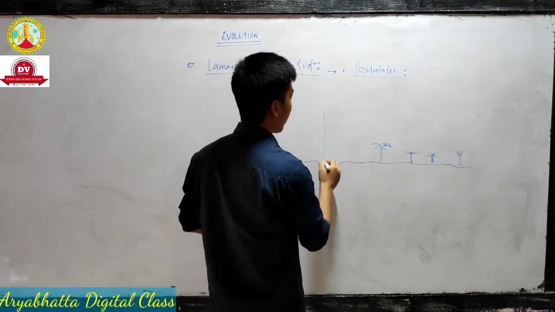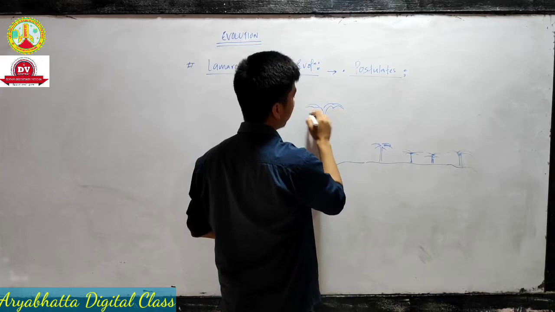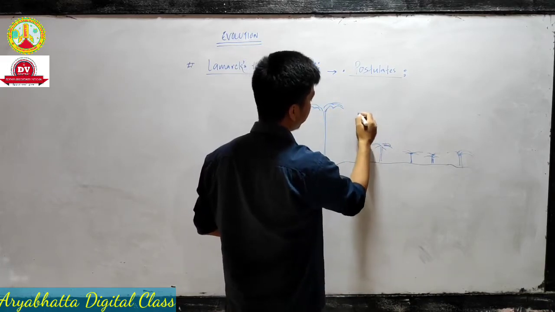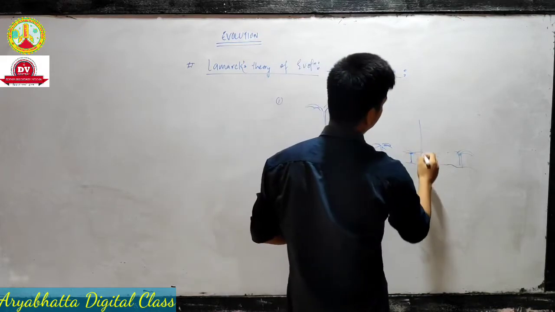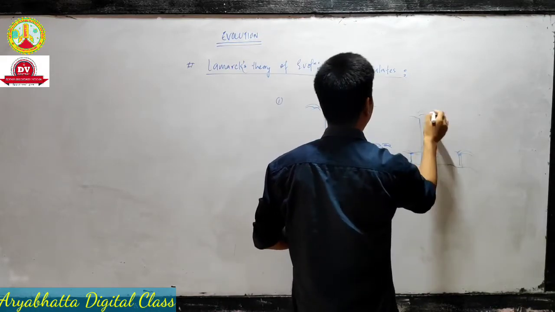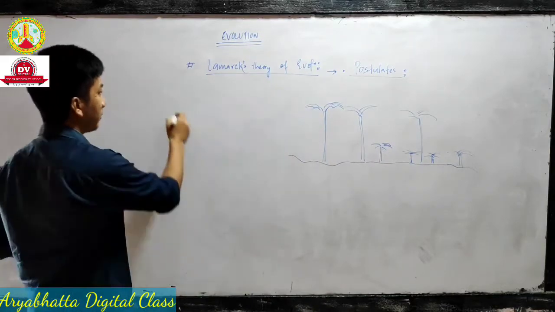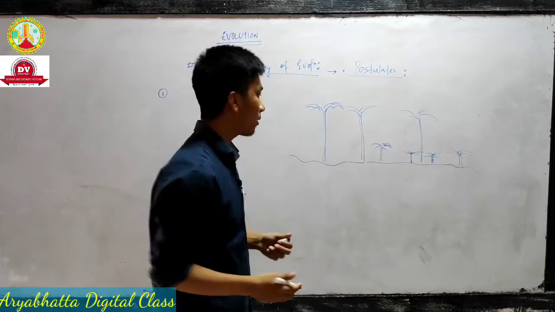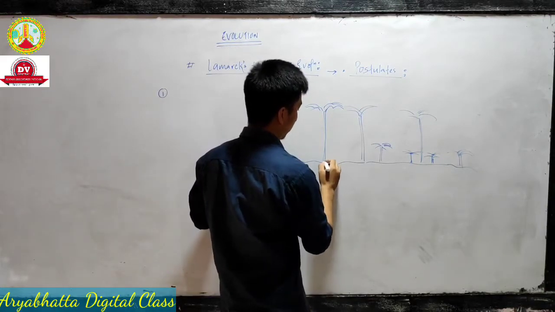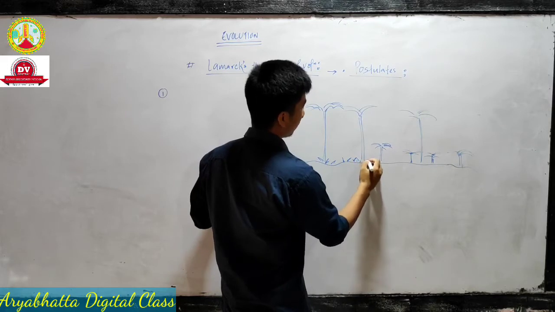Herbs and shrubs were there. I'll write the postulate on that side. So there were big trees, small trees, grasses also, herbs,